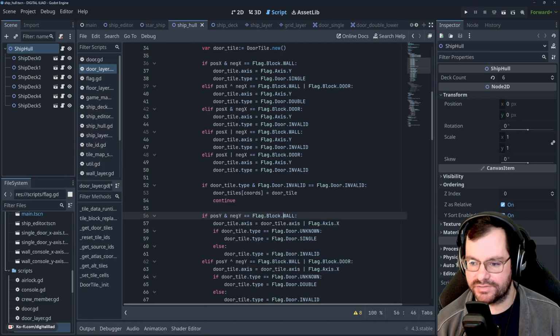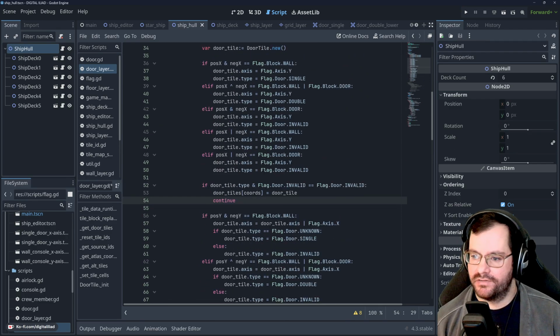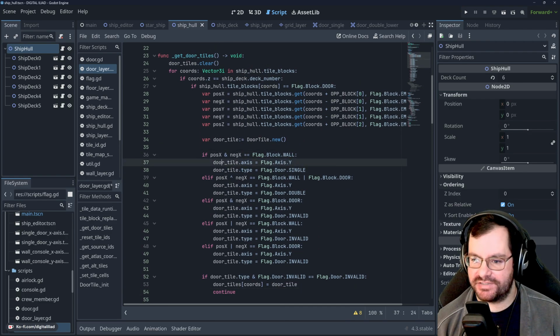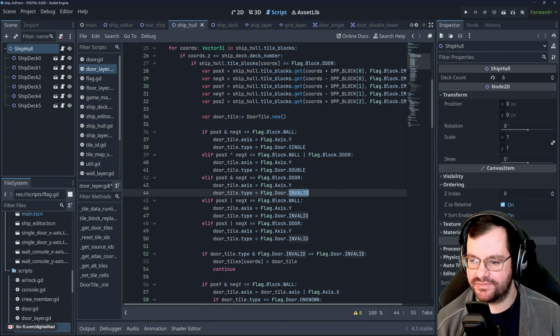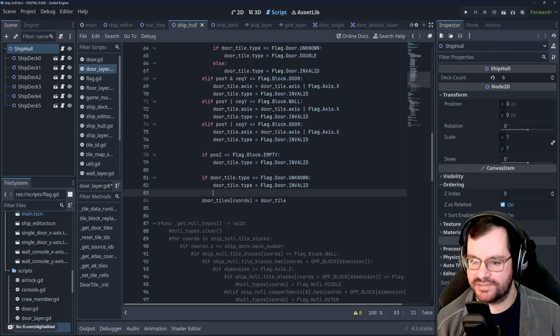Let's get a little more working space there. I could shunt it into each of these just so we're assigning the thing all at once, but I also don't think that's necessary. We also don't really care if it's invalid. If it's invalid, we don't really care what the axis is or what the hull type is. So down here, we could just say